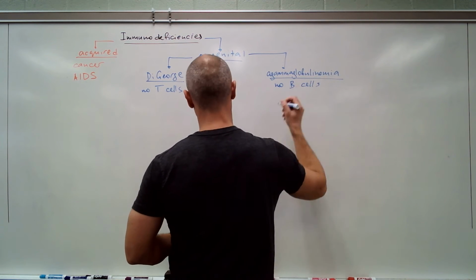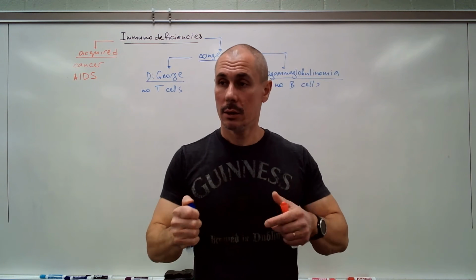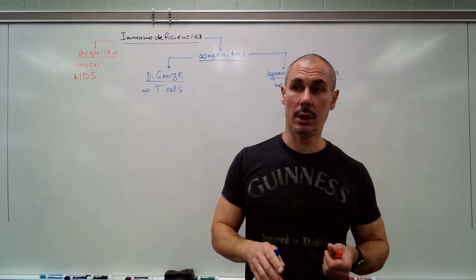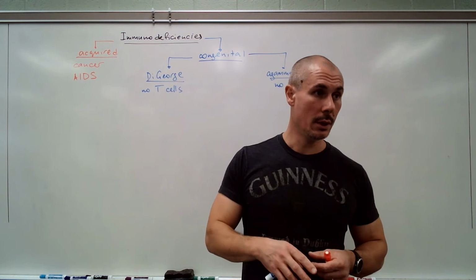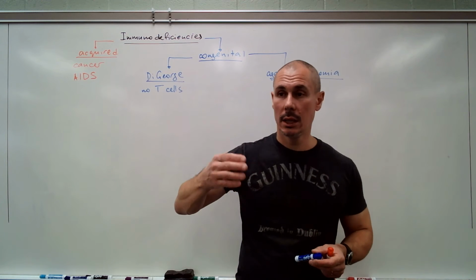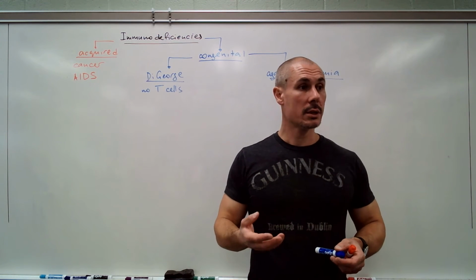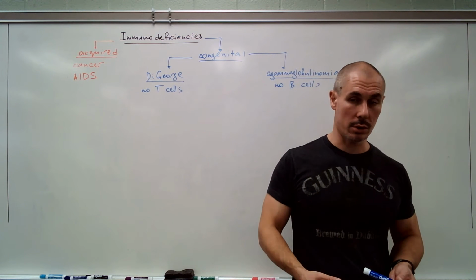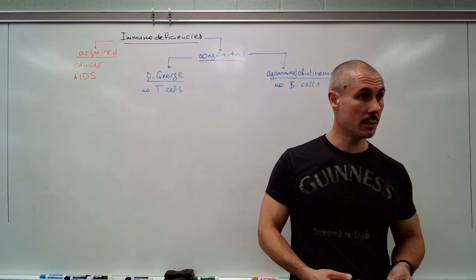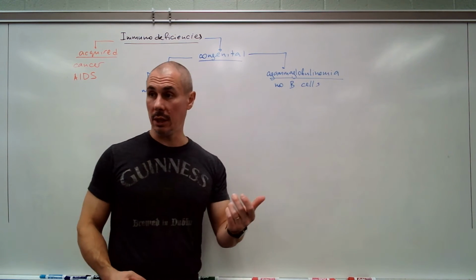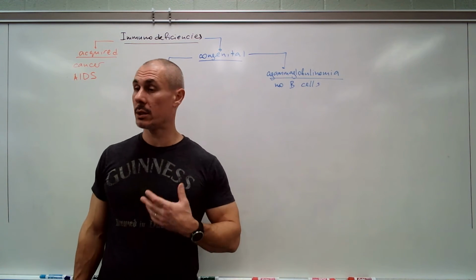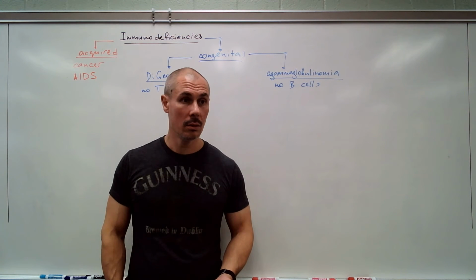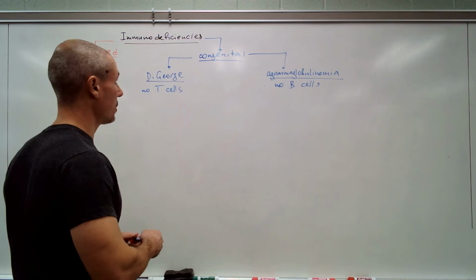Now look, let me be clear. Listen, very few things in humans are yes, no, plus, minus. So when I tell you no T cells, take it with a grain of salt. It's not like no T cells. T cell function is significantly diminished. Does that make sense? Same here, agammaglobulinemia, B cell function is significantly diminished. Can it be completely obliterated? Yeah. Okay? And then there is